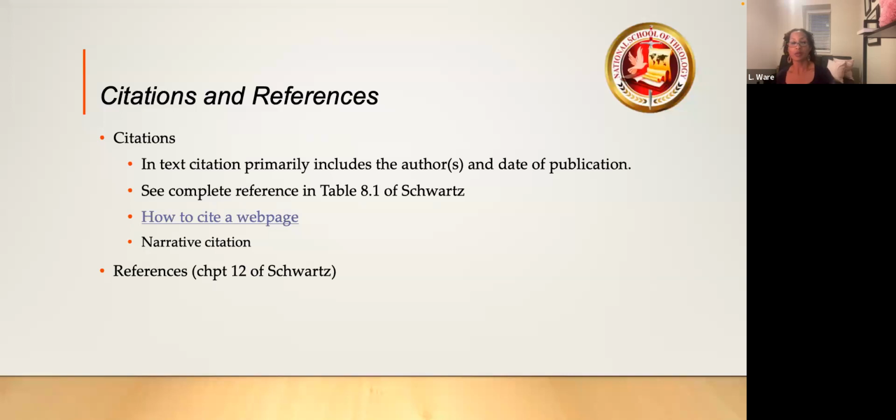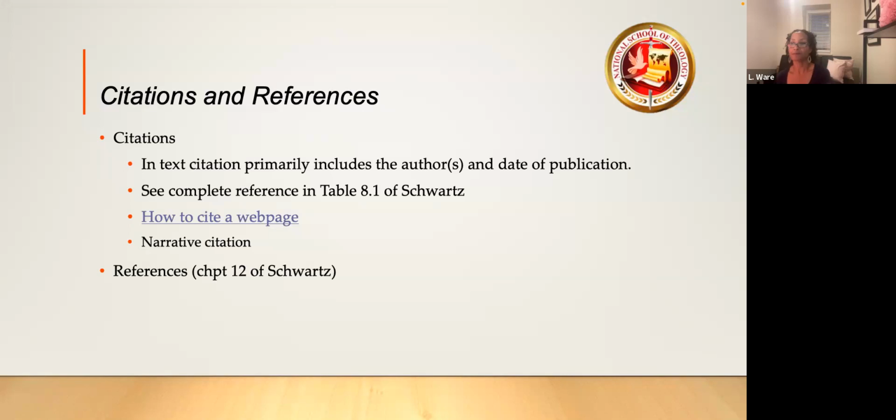Your citations. So we've already talked about this, and I felt it was important to reiterate. So your citations, you're going to have your author and the date of publication. If it's at the end of a sentence, you're going to have the period after the citation. I found some of you guys are writing your sentence, you're putting a period, and then you're putting in parentheses the citation and another period. So just remember to leave that period off, and that period is at the very end after the citation.